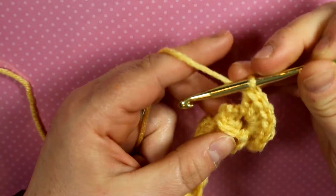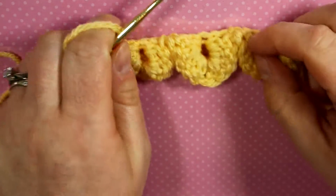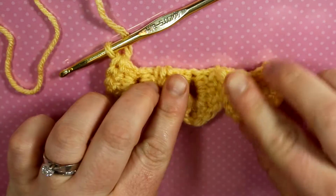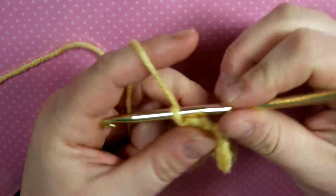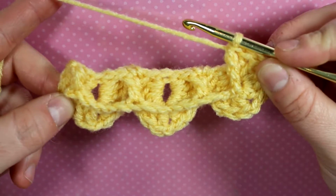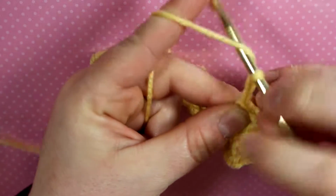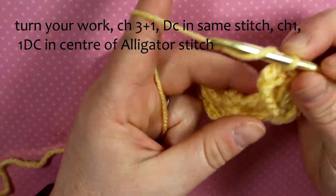The beginning and the ending of the rows is what confused me the most about this stitch. So you really want to pay attention, and you really want to remember those, because the alligator stitch itself is quite easy, but the starting and the stopping can be a little bit tricky. So this is the back. It doesn't look great, so if you're going to be making this for a project,